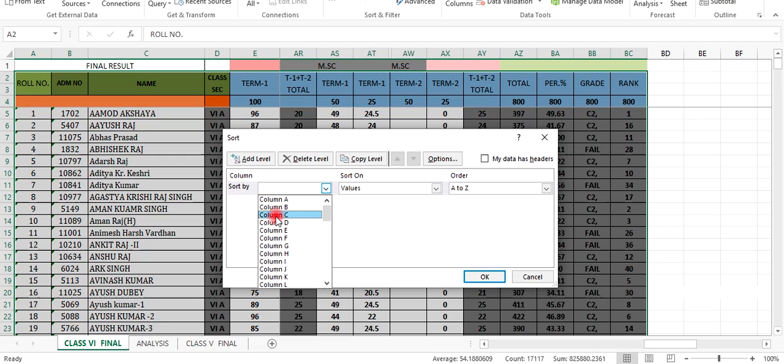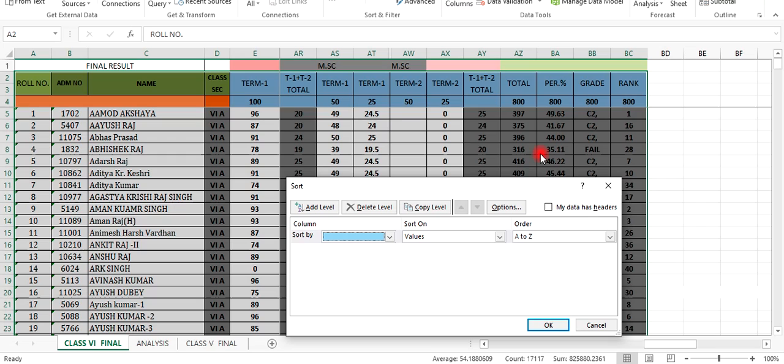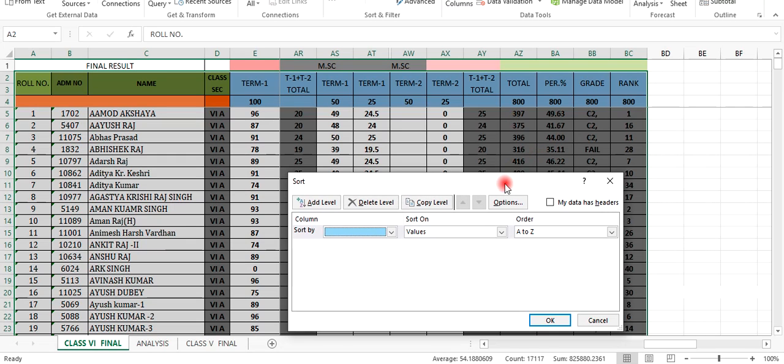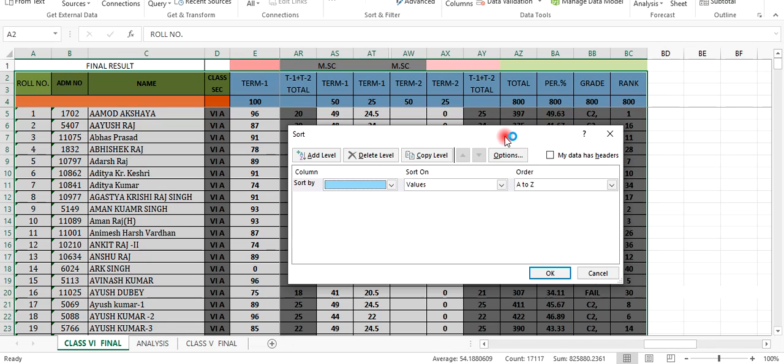If you want to sort the data according to the admission number, then we have to see that, but we are going to sort the data according to name.